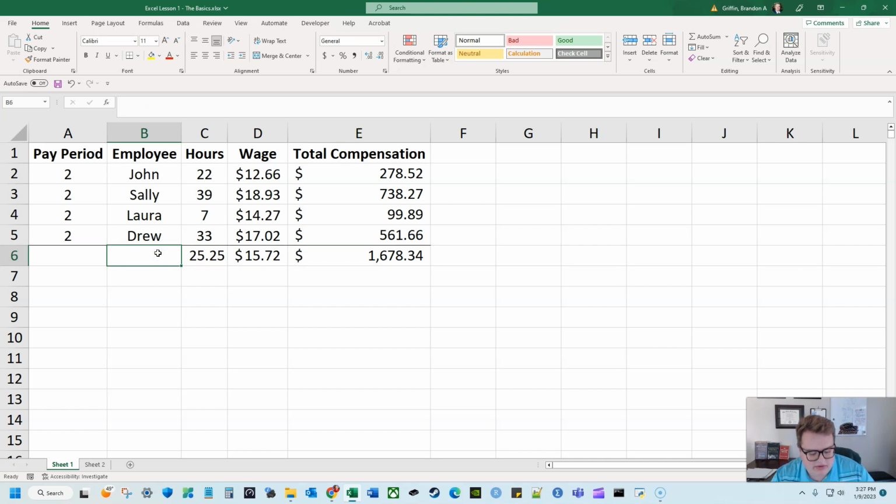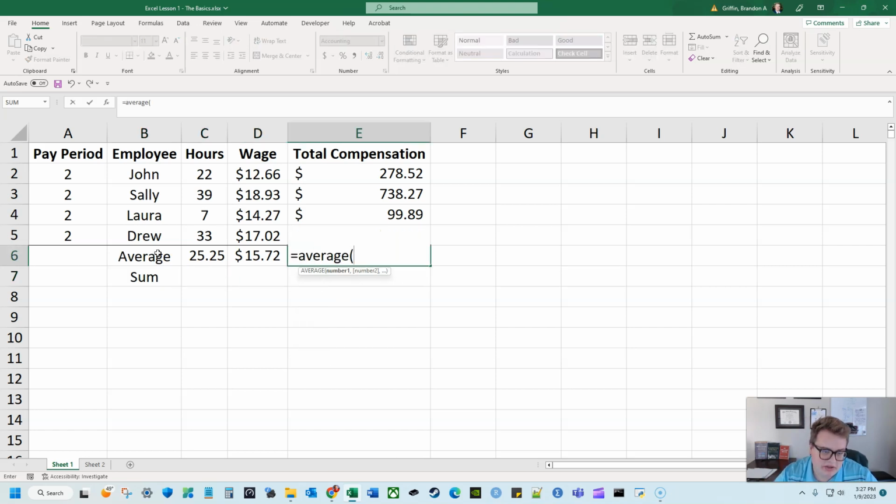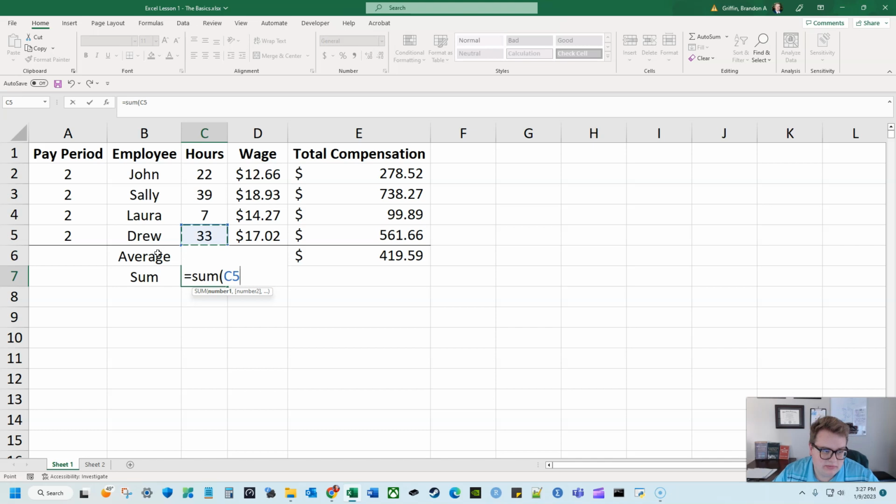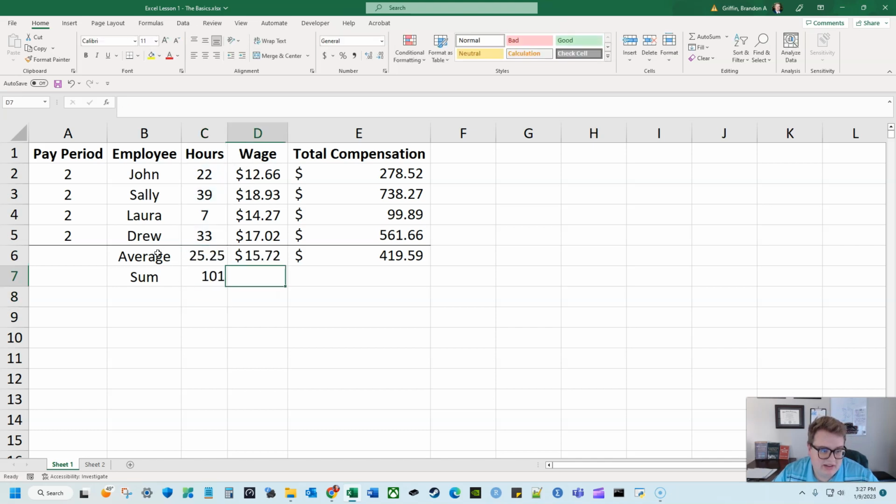If I wanted to, I could calculate this as an average. If I wanted to have different rows of data, I can do average, and then this one could be a sum. So I could change this one to be average, and it'd be the average of E5 through E2, and then this would be maybe the sum of all hours worked. But again, the sum of wage maybe doesn't necessarily make sense,